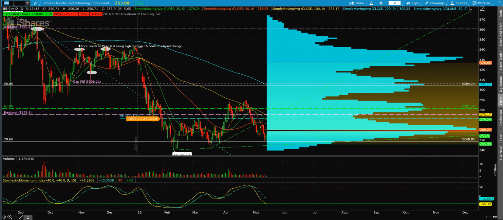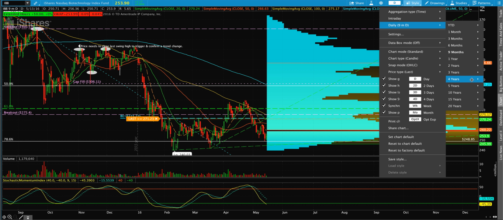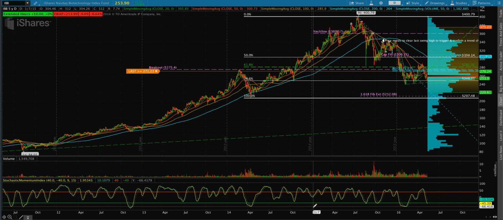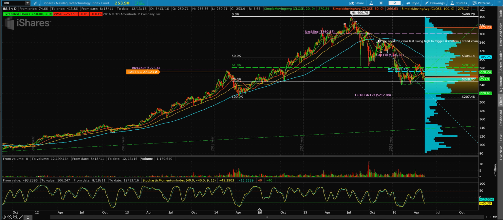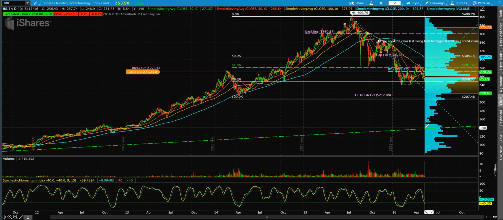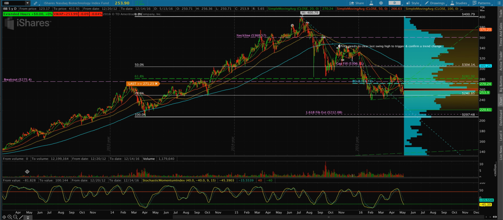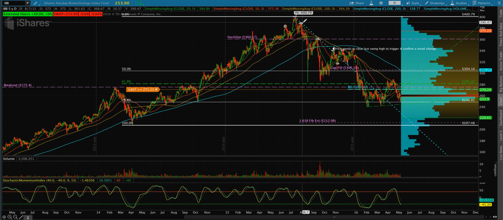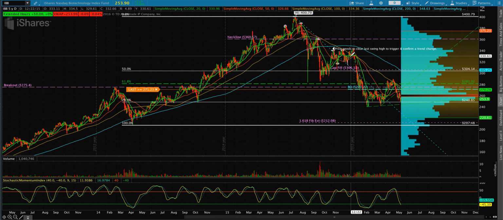This is sort of the 800-pound gorilla in the room, the FXI. I'm sorry, the IBB. I want to show you on a longer-term chart. I think I got a little too long-term. There is a much longer-term trend line down here, which I don't think is in play at the moment, but you can see from this pullback this year, we had a head and shoulders top, a quite severe breakdown, the retest, and it's just been